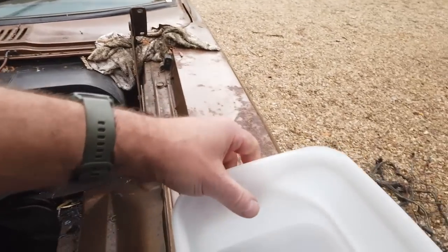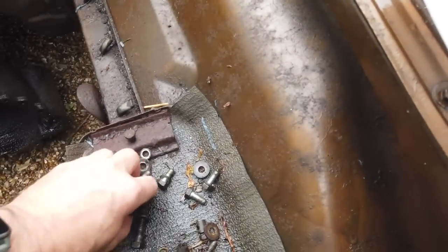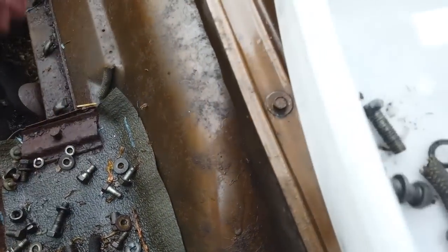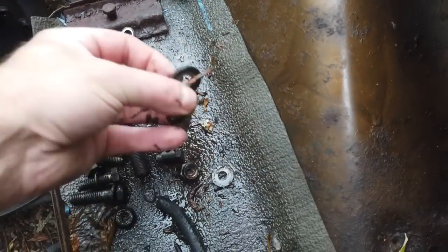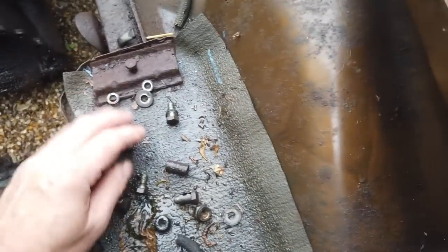Get one. If your old pressure washer is coming to the end of its life and you're not getting any oomph, then I recommend that. If you shop around on Amazon,